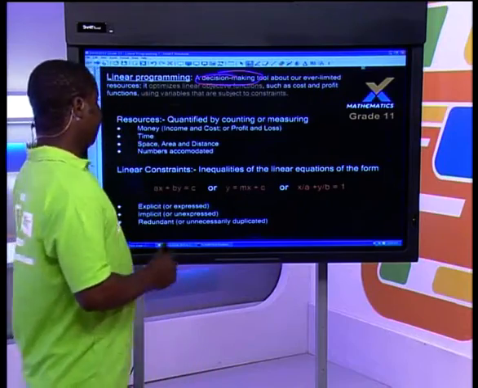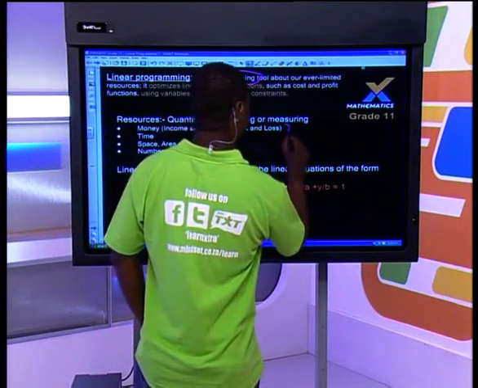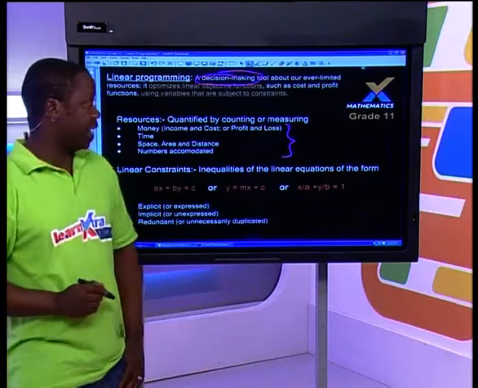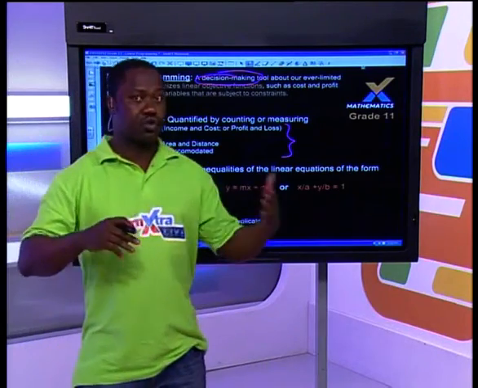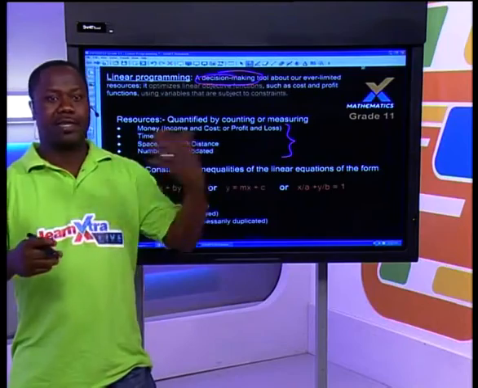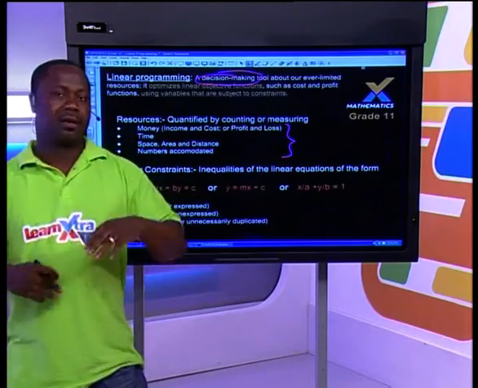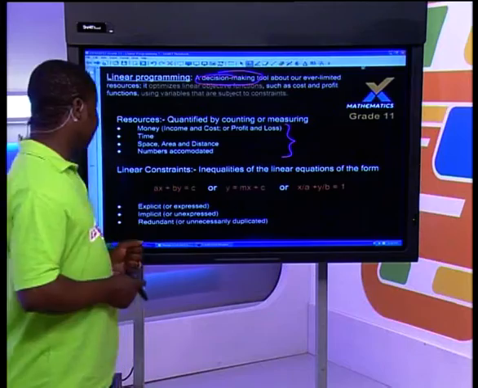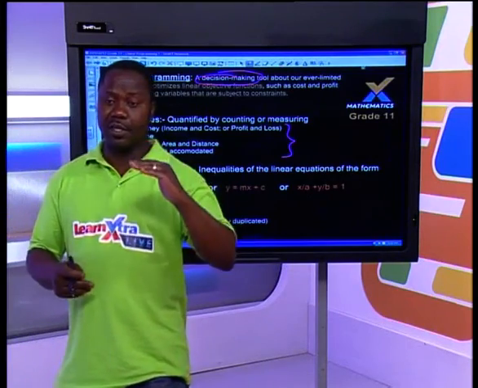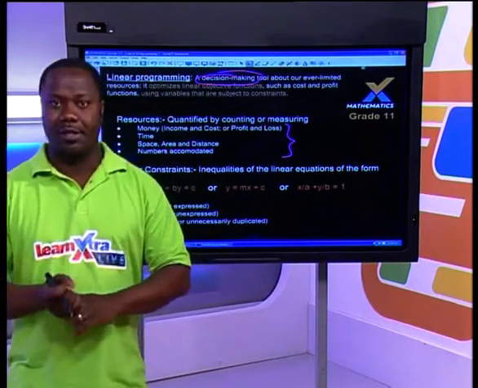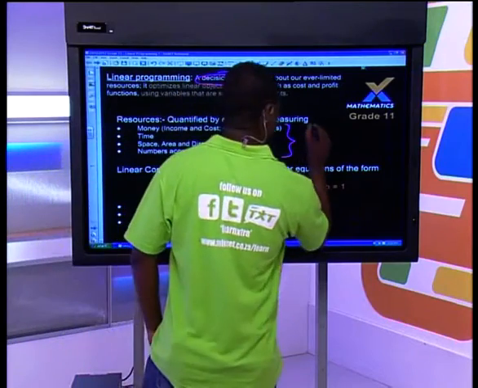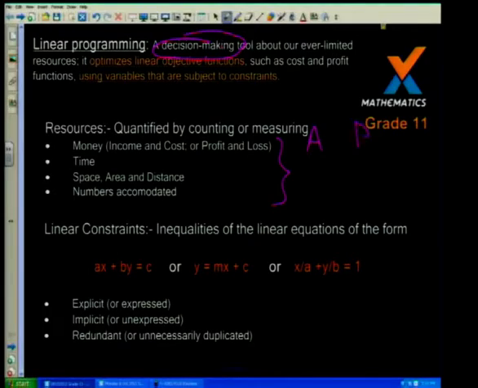Now, if you look at money, or all of these resources that we have, if you have money, you want to spend it on items of type A or type B or type C, but for this grade, we limit it to 2 items. Let's say type A and type B. So you want to use your money, let's say, on buying some sweets or some biscuits. We limit it to only 2. There could be other things that you want to buy.